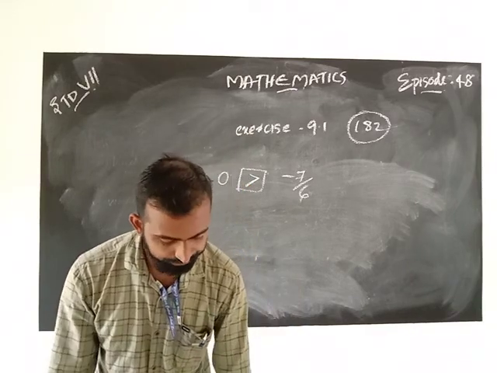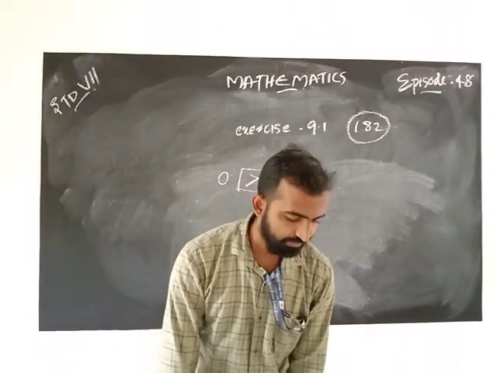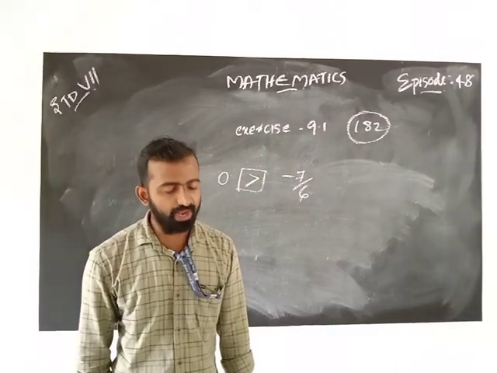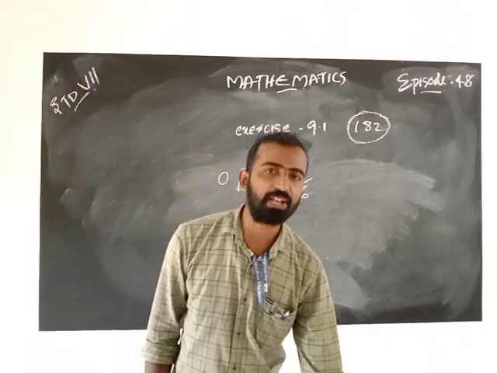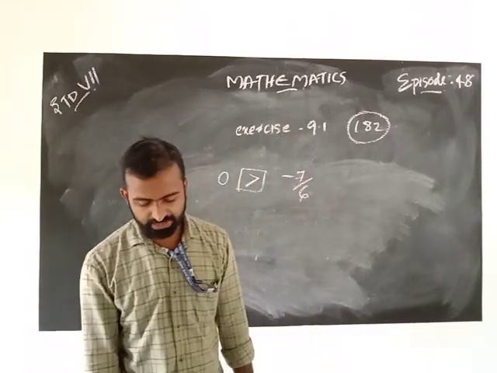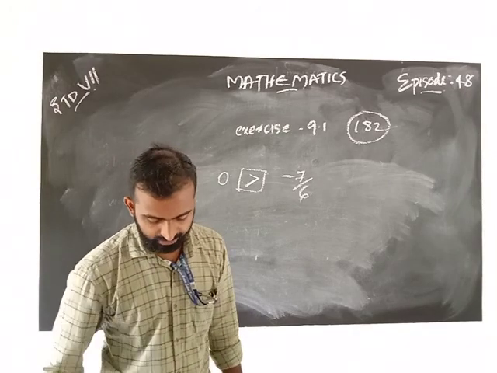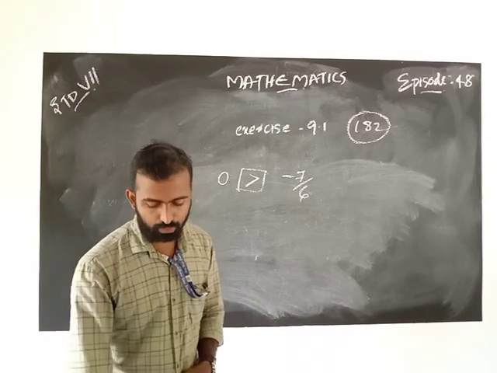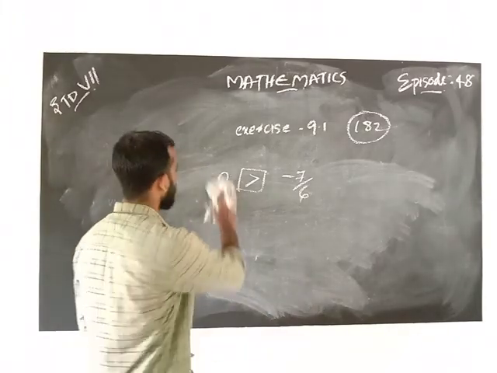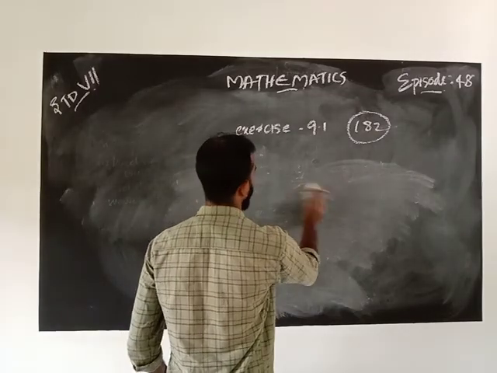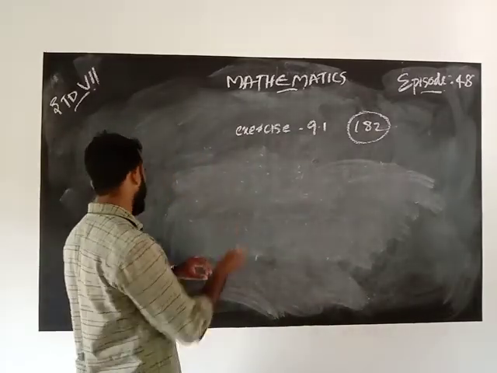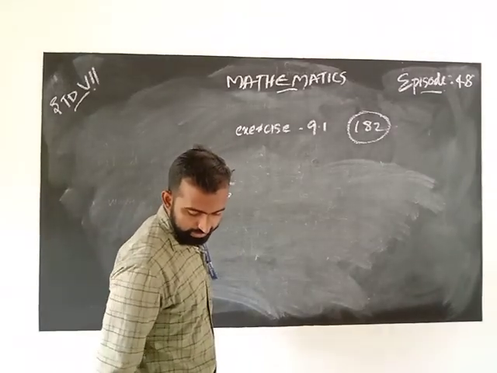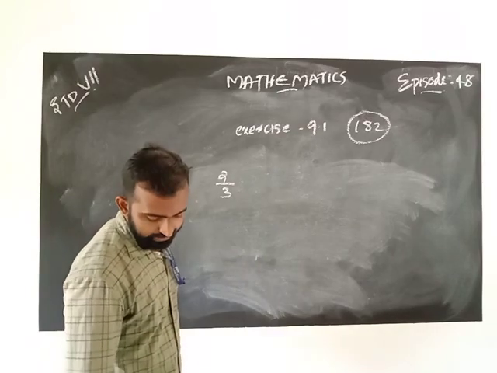And next one is, which is the greater and which is the smaller of the following? Which is the greater and which is the smaller of the following? That is, first one is 2 by 3 and 5 by 2. 2 by 3 and 5 by 2. Is it? Yes. That is 2 by 3 and